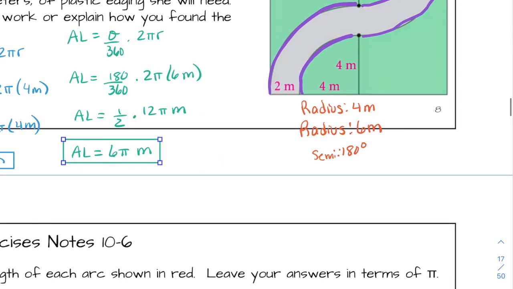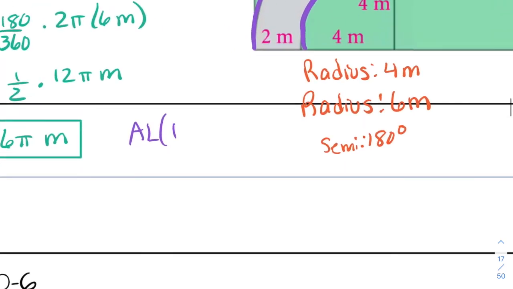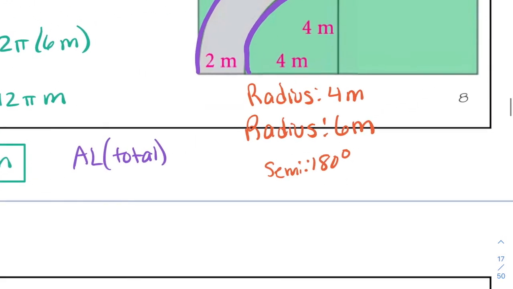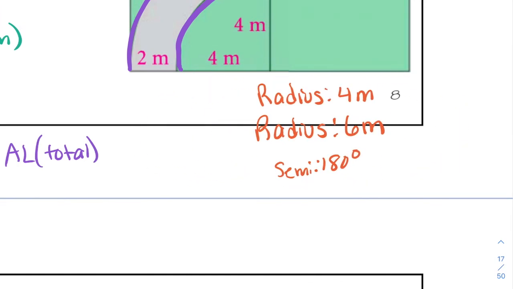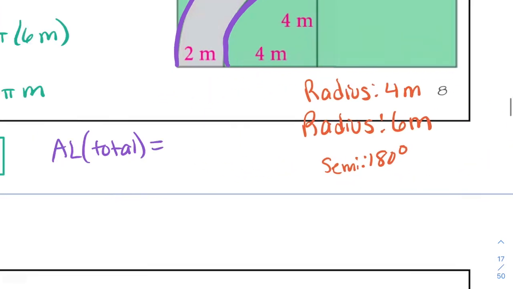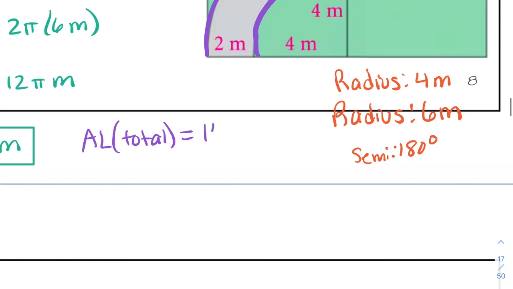So now the last thing is arc length total. Because I did it twice, I get 4 and 6, so I get 4 plus 6 is 10 pi meters,